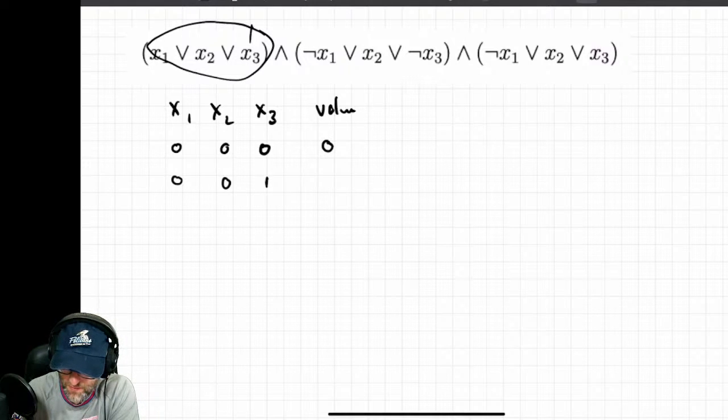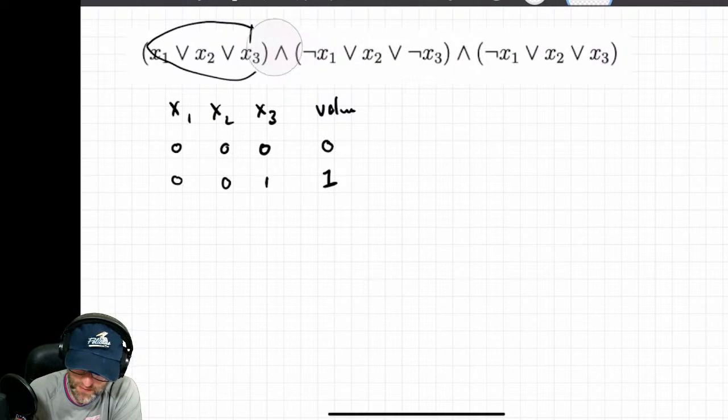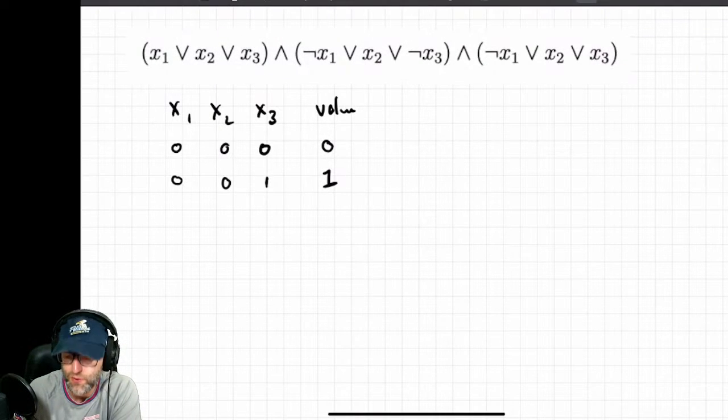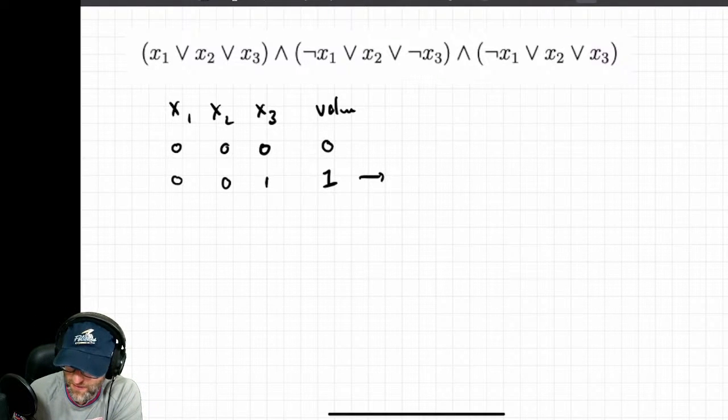What about these? Well, x1 being 0, and then negation of that means that this is going to be 1. So we don't even need to look at the rest of this. This is also going to be 1. At least one of these variables or their negations has to be 1 in each clause. So it seems like an easy problem, right? So the negation of 0 is going to end up being 1, and so we have a value 1. We can immediately stop, right? We don't need to look at the 6 other possible truth values. We're only looking at least 1, right? We're looking at does at least one truth assignment lead to a true predicate, and so this is satisfiable,